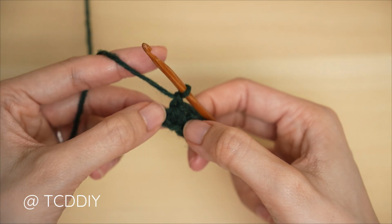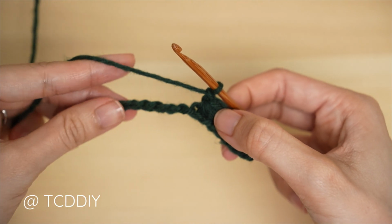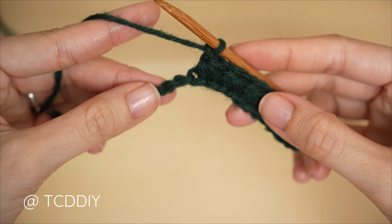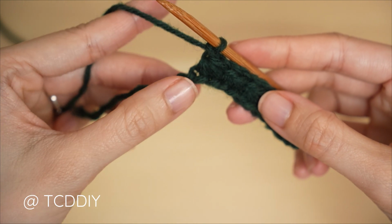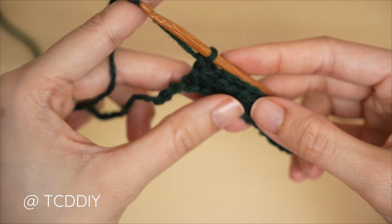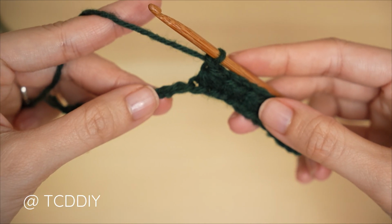From here, we're just going to continue to repeat this Trinity stitch, making our way all the way down our chain, leaving the last 2, and then I'll meet you back. We've just made our way down with our row 1, leaving the last 2 chains. Now we're going to do our last Trinity stitch, and since we're at the end of an odd number row, we are going to be closing it off with an